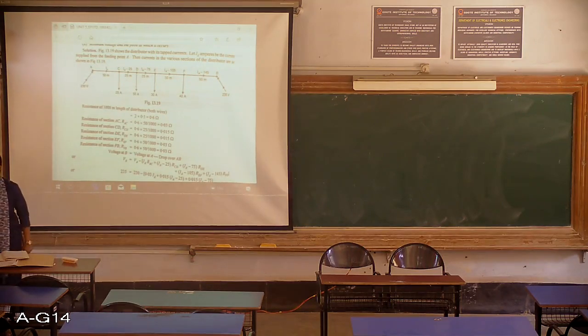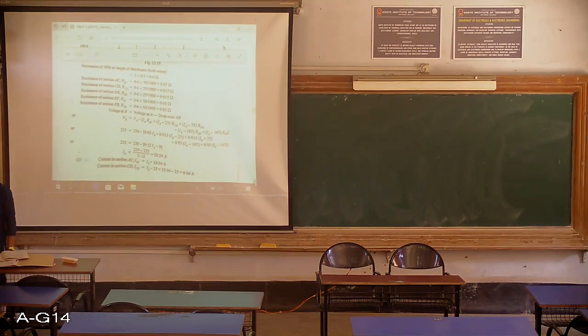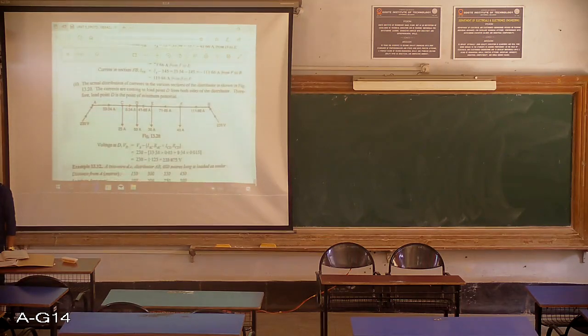This calculation is nothing but the voltage drop problems we have seen, distribution of load fed at one end with concentrated loading. Same calculations, so I will be putting it here. VB is equal to VA minus this entire drop. So easily you will get the value of IA. Clear? Please solve it and let me know if you have any discrepancy, and then easily you can calculate the current in various sections, and the same thing can be indicated here.